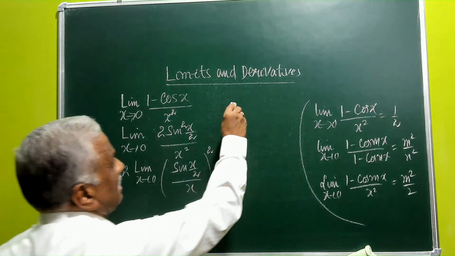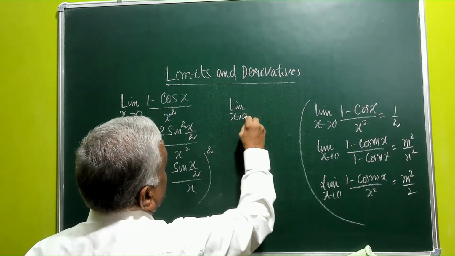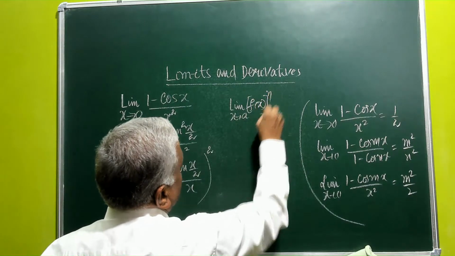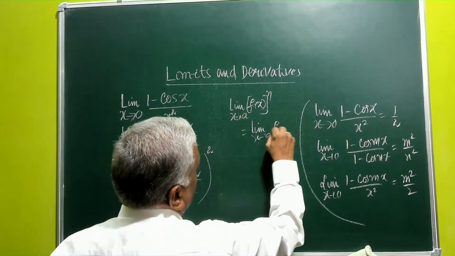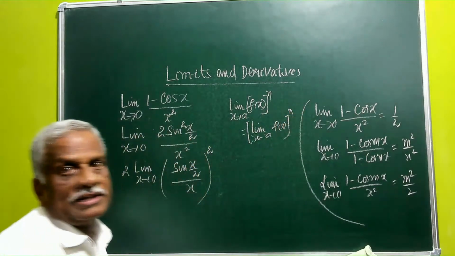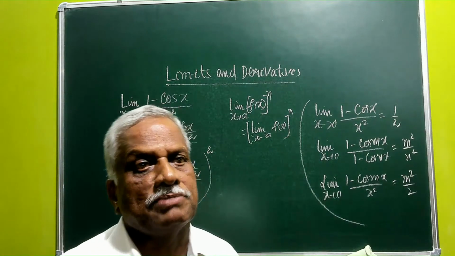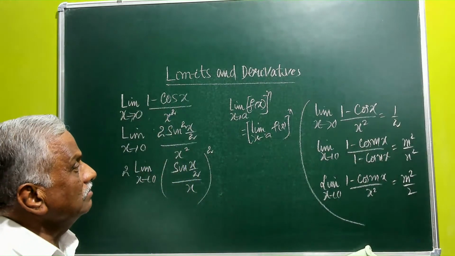See, while discussing, I had given you this formula: limit x tends to a of f of x to the power of n is limit x tends to a of f of x whole to the power of n. All these formulas I have discussed while I was revising the question papers. You can go through that. Okay. Now